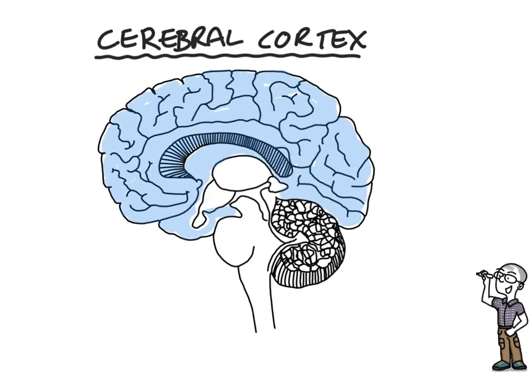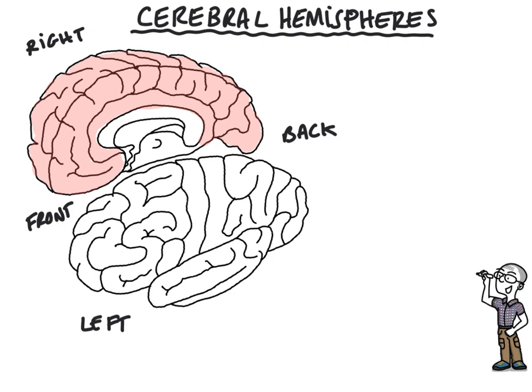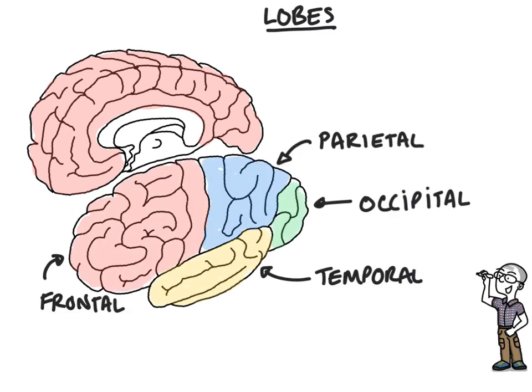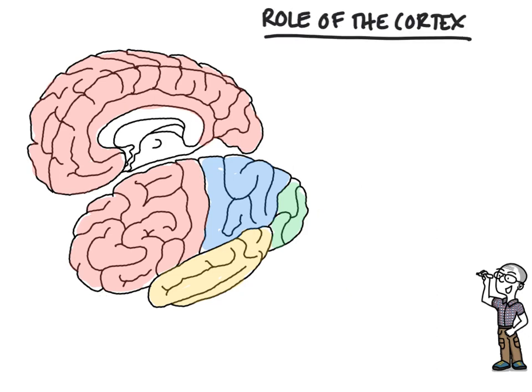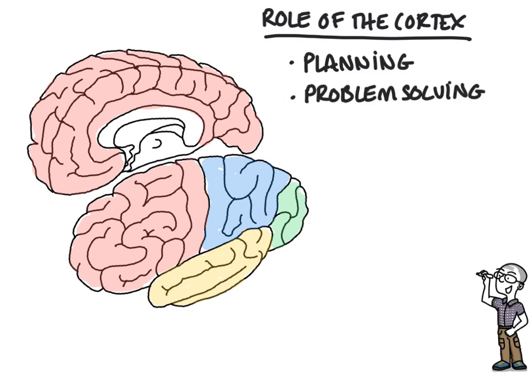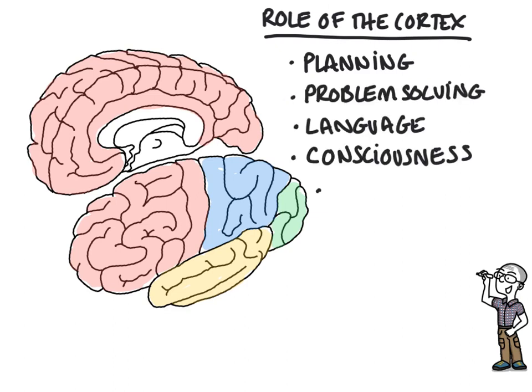The cerebral cortex refers to the convoluted, that's folded, surface layer of the two cerebral hemispheres, which are divided into lobes. The reason for the folds, the convolutions, is that this increases the surface area of cortex that we're able to get inside our skull. The cerebral cortex is responsible for the highest of cognitive functioning, including things like planning, problem solving, language, consciousness, perception,